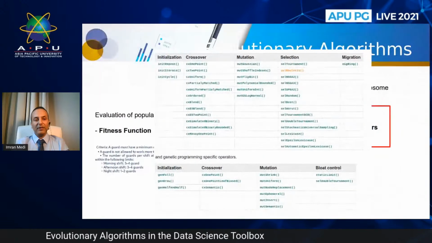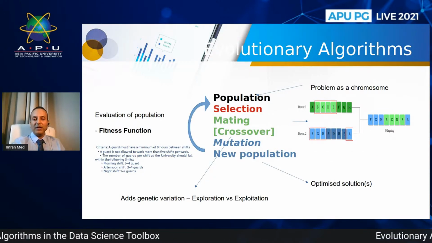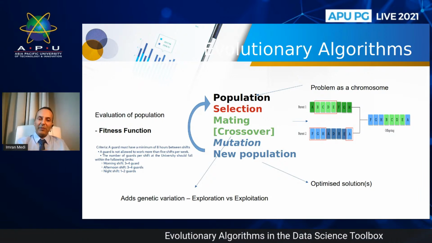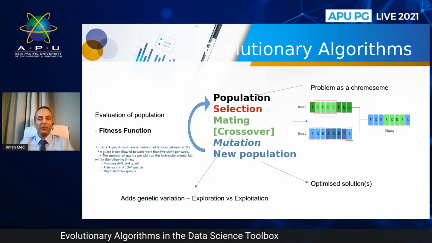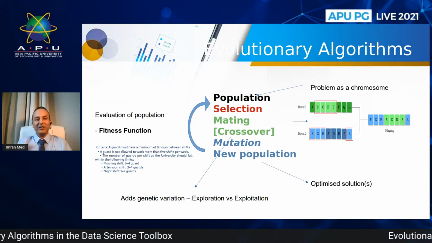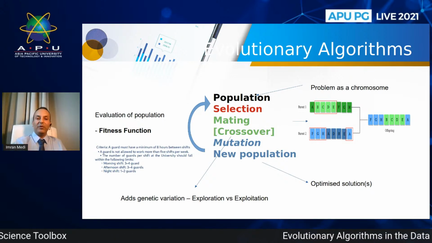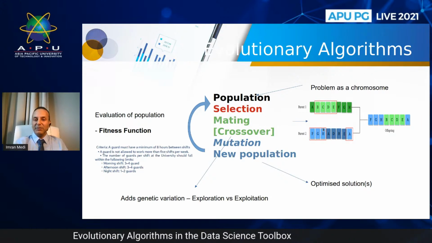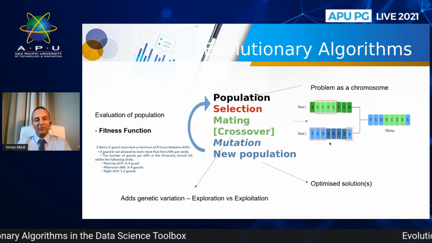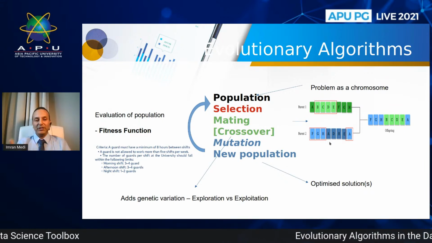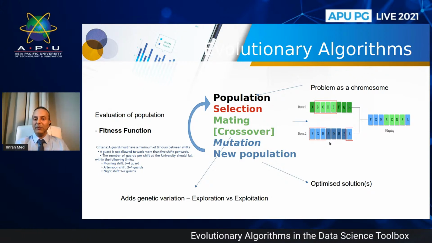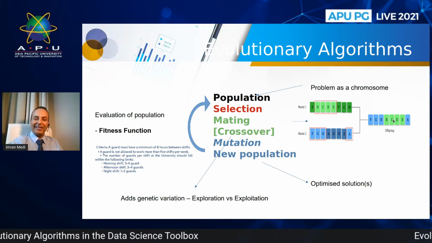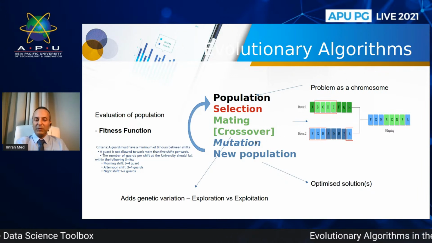So what's happening here is that we are going through this process of selecting individuals through a particular approach. The approach that I chose there was tournament, whereby we pick 3 individuals and compare them, and the best one is chosen to be parent 1, and we repeat that process for parent 2. Once we have these individuals, we combine their genetic material. If you remember, the chromosome represents guards per shift per day for the entire week. And so we combine that to end up with a new individual. The key thing is that we then apply mutation.